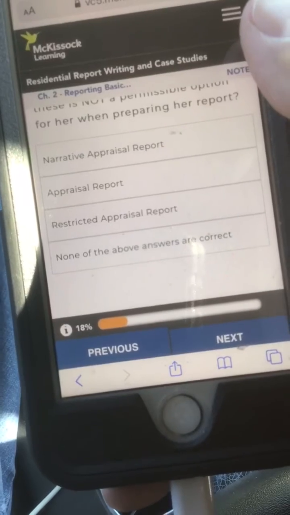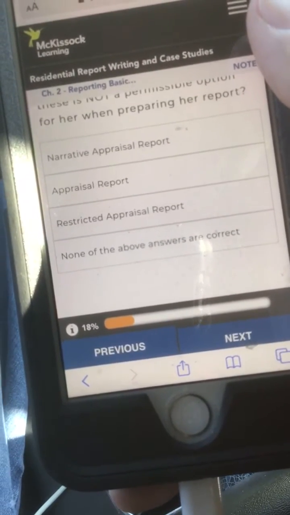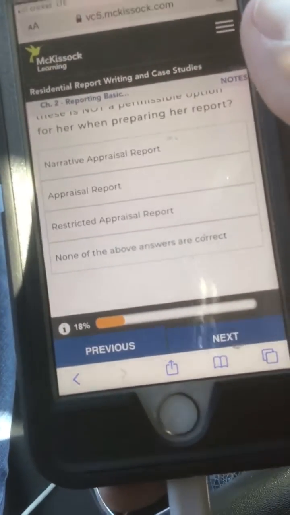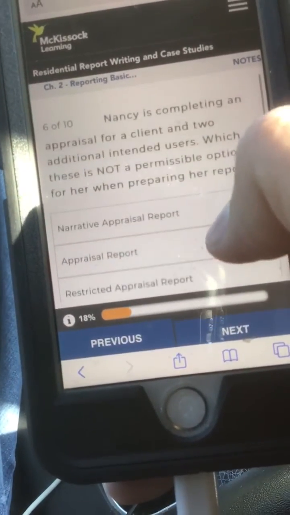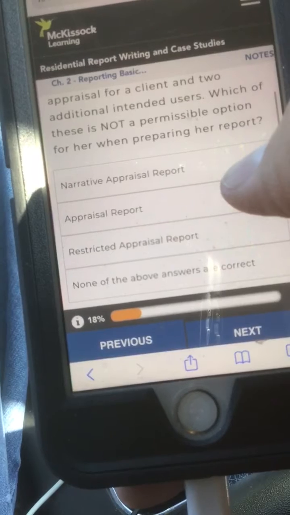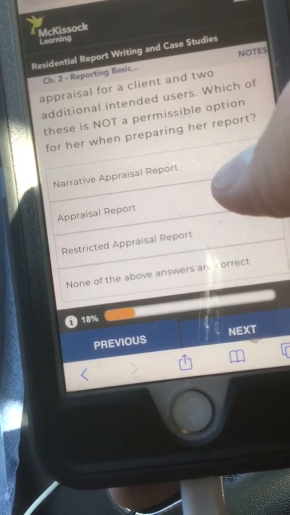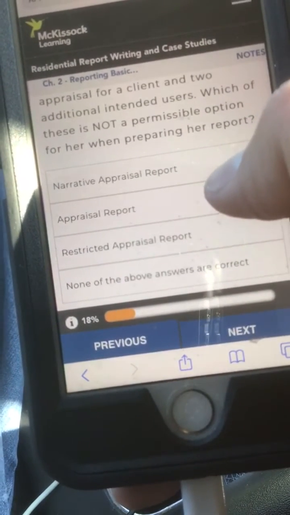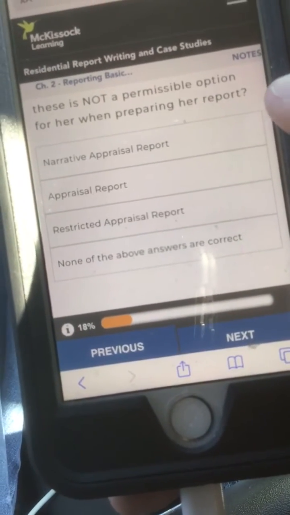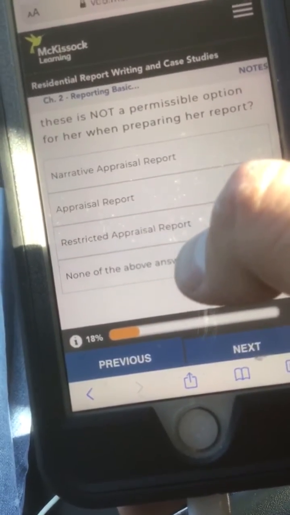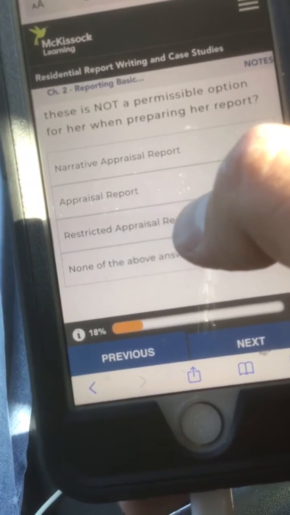B, appraisal report. C, restricted appraisal report. Or D, none of the above answers are correct. I'm going to go with C, restricted appraisal report.